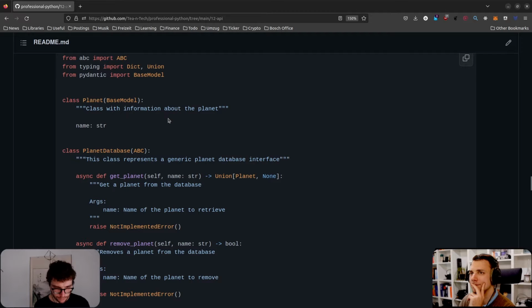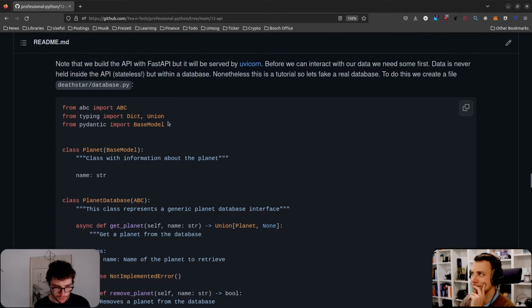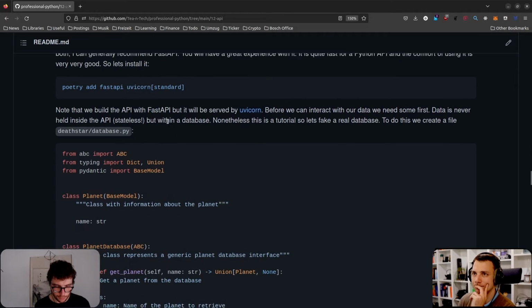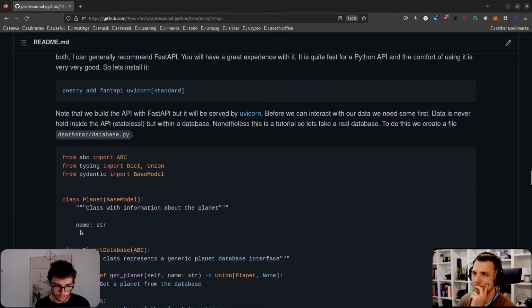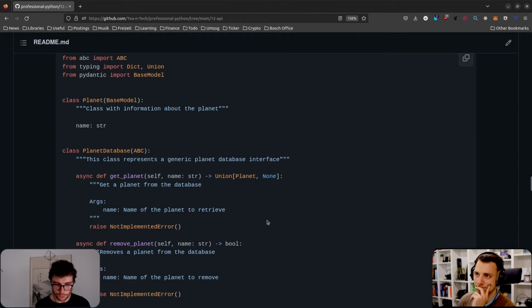When it comes to coding, I try to violate one of the rules of statelessness here to demonstrate a database. I really wanted to not just give you anything, but to show you how it would look if you had a database and how to work with that in an API.